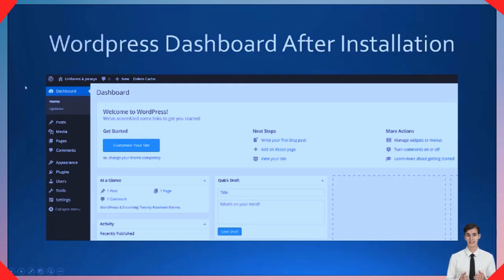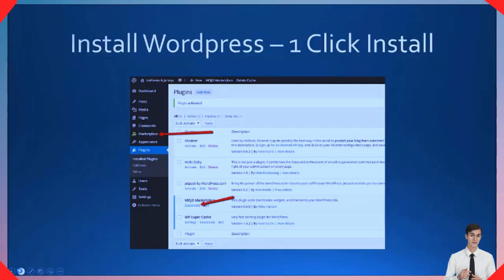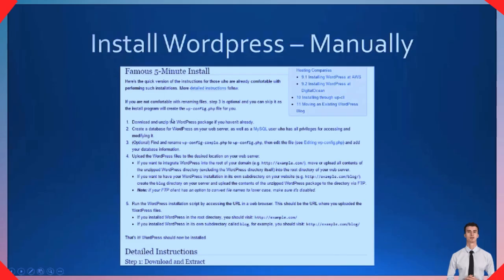to install their WordPress site manually. So we're going to go back here, and this is for people that want to install WordPress manually. What you do is you go to wordpress.org, and go ahead and click on Download WordPress. Once you click on that, you're going to see some options there to